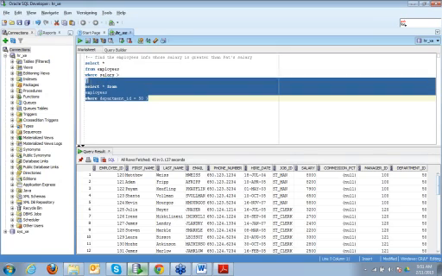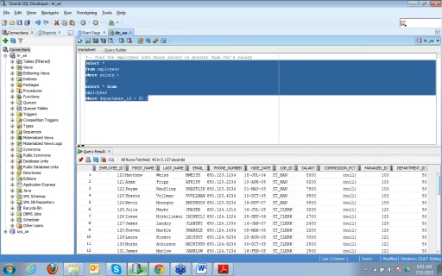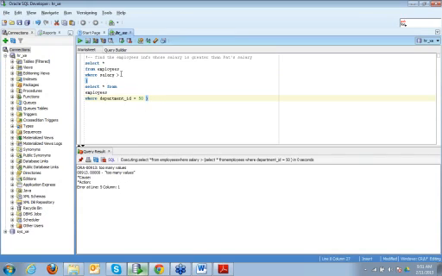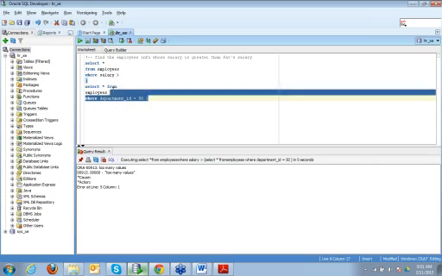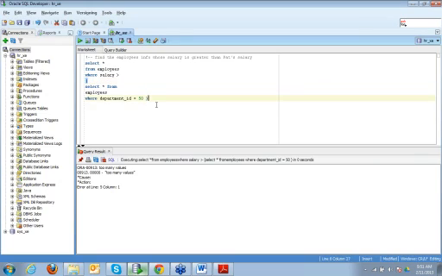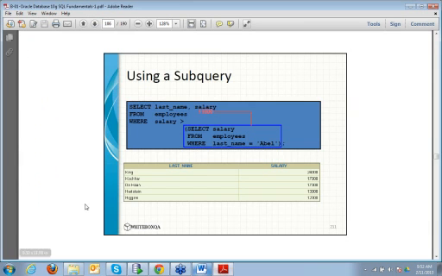Now when I try to run this particular statement, it says too many values, because on the right side of this comparison operator it is expecting a single value. So this is actually a multiple row query which needs to be dealt with in a different way. Let us first do a couple of single row queries, then we will move on to how to deal with multiple row subqueries.